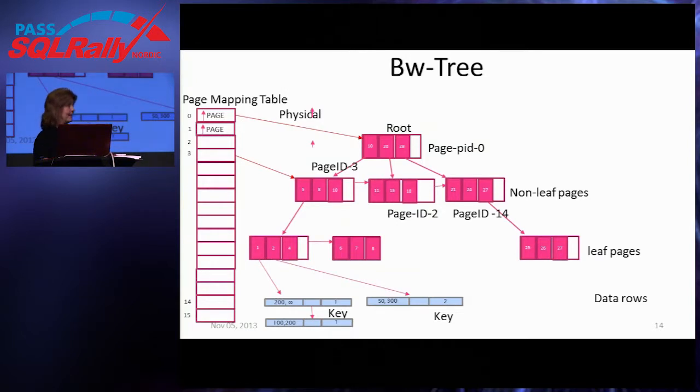So we have a mapping table. It's not the same as a hash table. The mapping table is a list of logical page numbers. Every page in an index has a page number, but where that actually exists in memory is kept track of in the mapping table. So I'm just showing a little picture of pages 0 through 15, and each of those logical page numbers in this mapping table then has the actual memory address of where that page is.